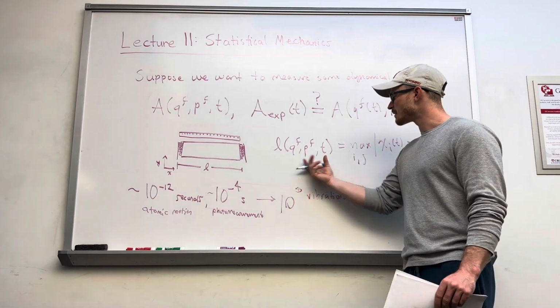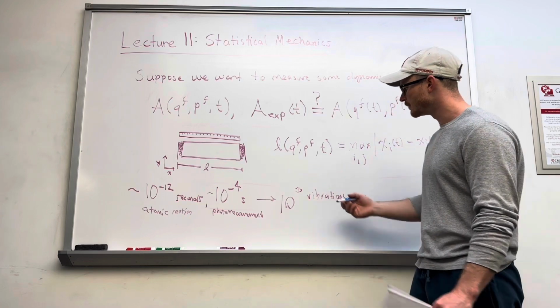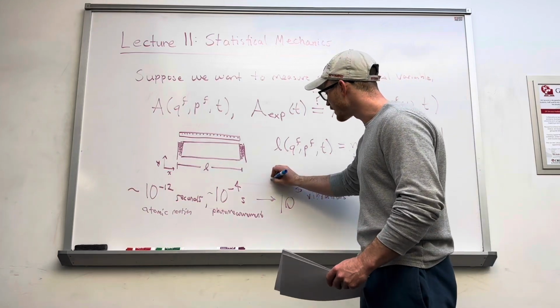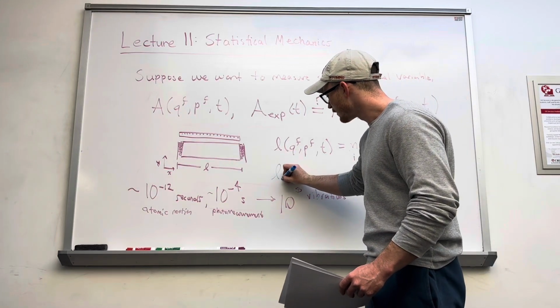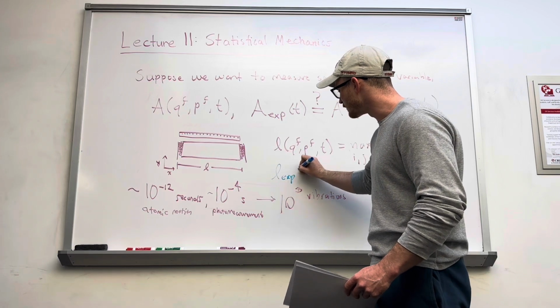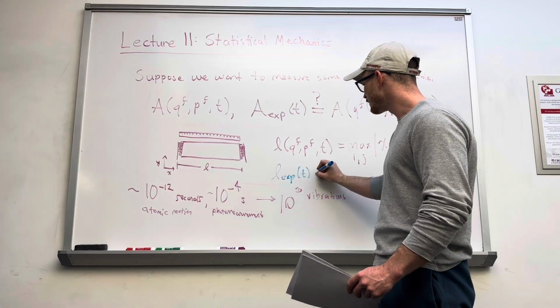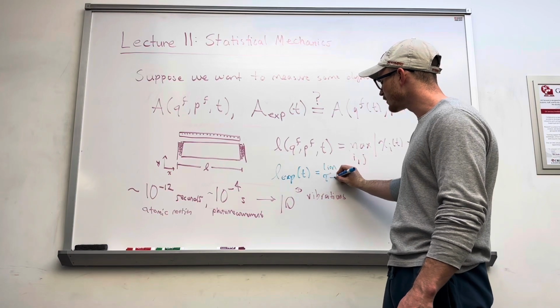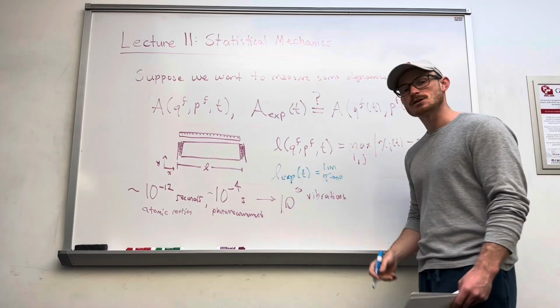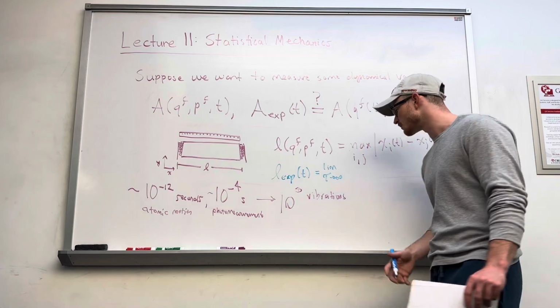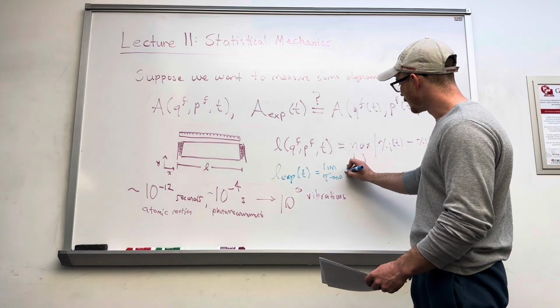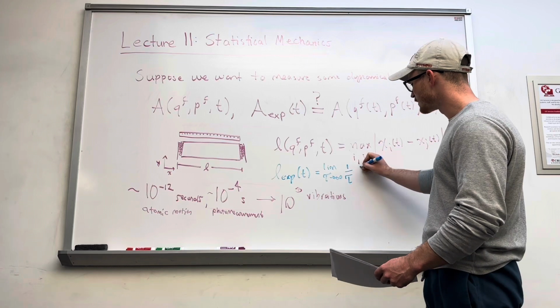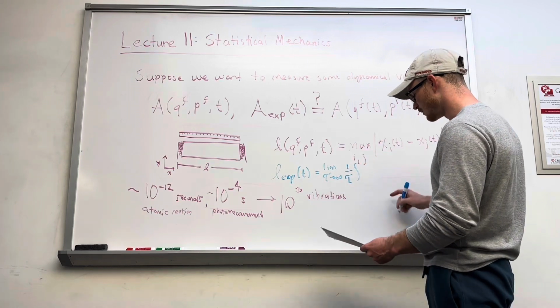So if L at a specific time t is the maximum, then what we'll say is that the measurement, or Lx of t, is equal to the limit as tau goes to infinity. Tau is going to be how long you take the measurement, of 1 over tau times the integral of L